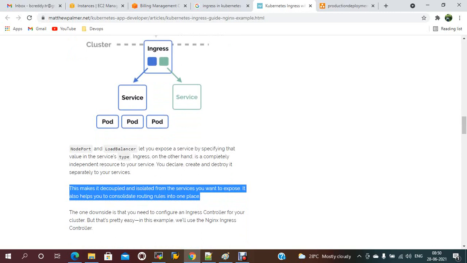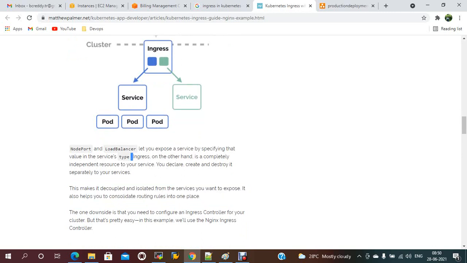With NodePort and LoadBalancer you expose a service by specifying a value in the service type. As I said, we have services, and there are service types. We have to mention NodePort or LoadBalancer. If it is internal, you use ClusterIP. The ingress, on the other hand, is a completely independent resource from the service.